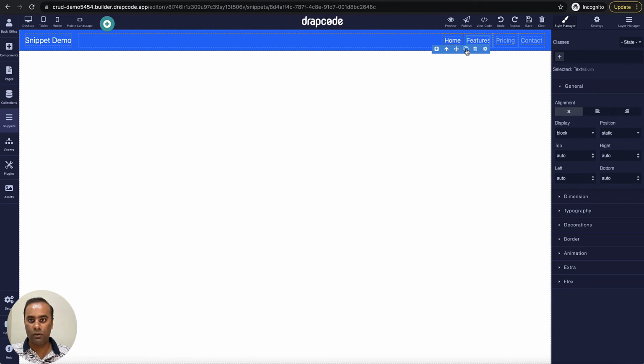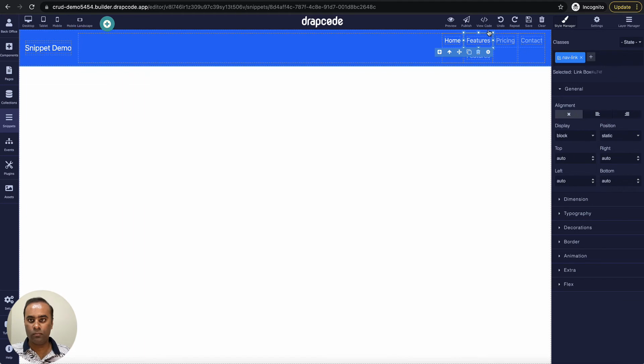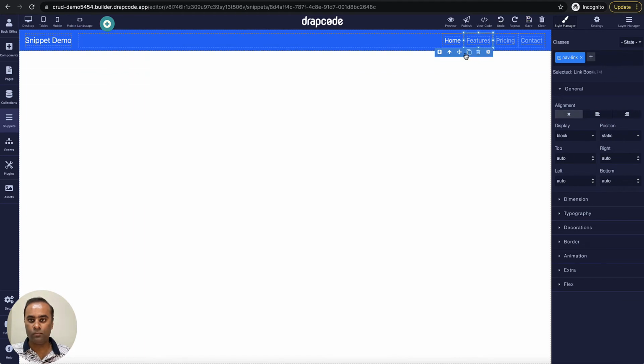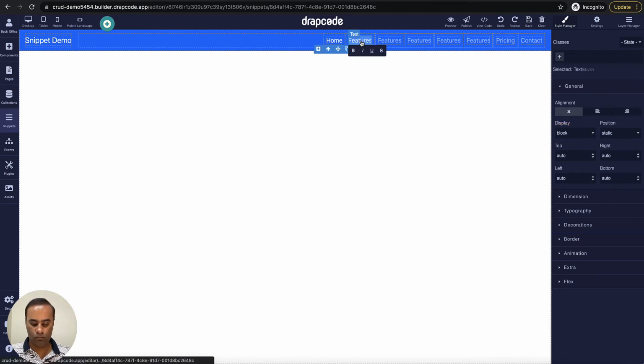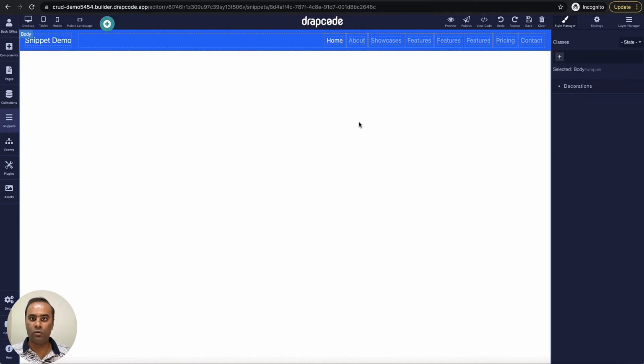Let's add a few more components. I'm making some random changes so that it looks a bit different from the default navbar. Now I've created a navbar which I want to use in several places.